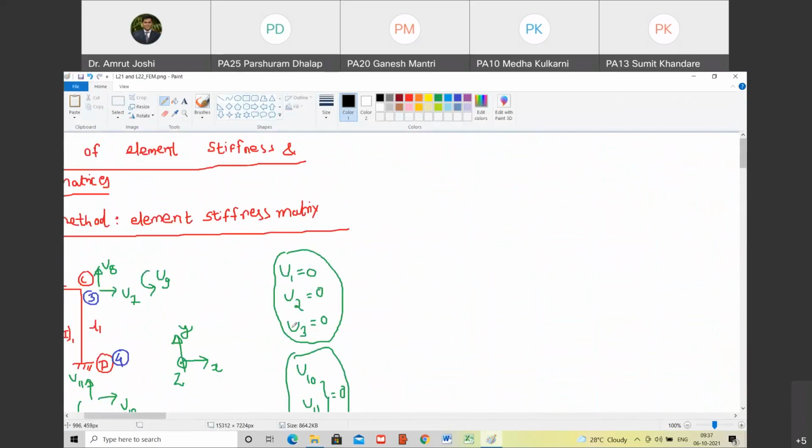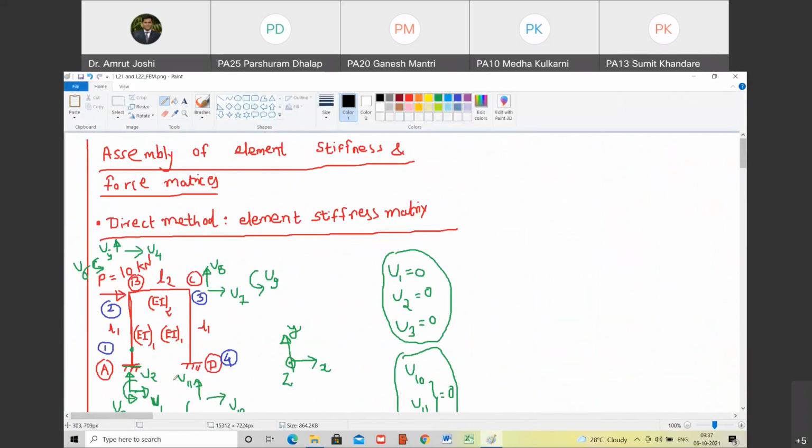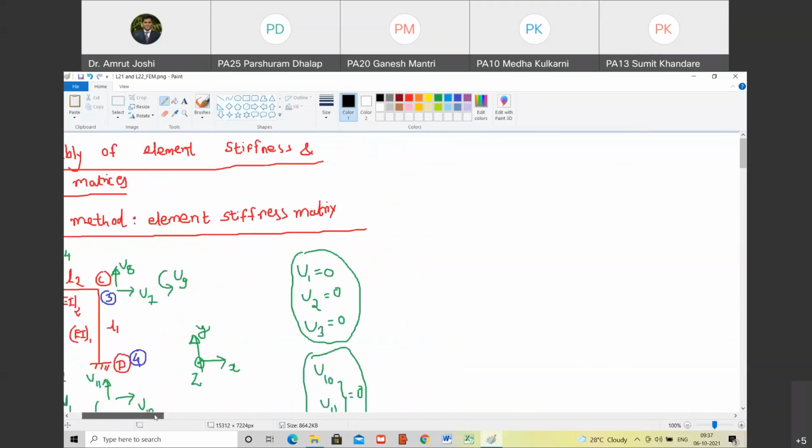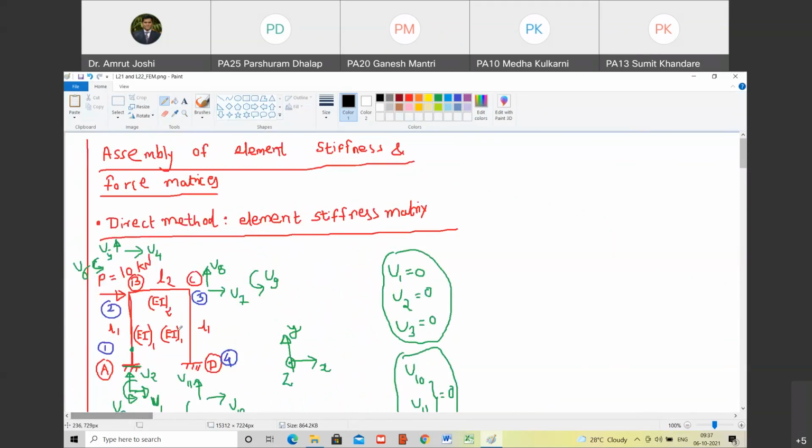So this is our original structure. Even restrained structure matrix can be evaluated at element level, and using the same procedure we can assemble the restrained stiffness matrix. Are you with me, Ganesh? Yes, sir. But in this particular case, we will directly write down the restraint stiffness matrix. First of all, let us understand what is restraint stiffness matrix.